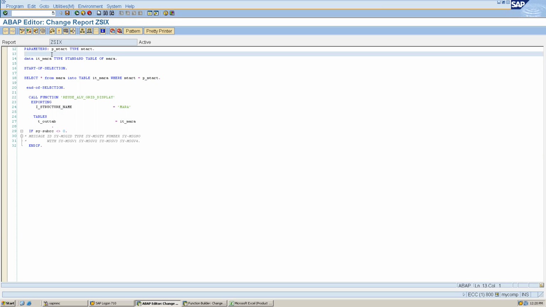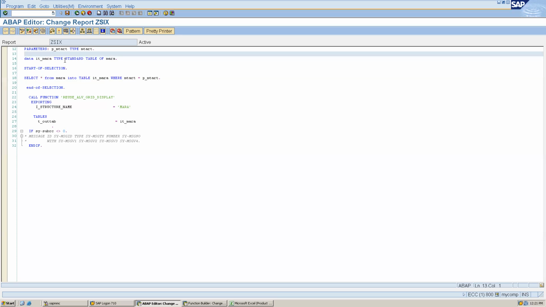If I have to display only 4 fields, either I have to create a global structure and pass it here, or create a local structure with begin of type and end of type, then create our field catalog, and pass that field catalog to display the result. So in the next class we will see how we can create a field catalog and display the ALV.